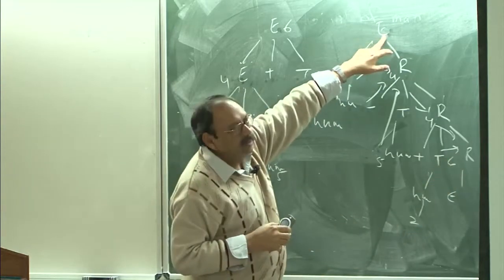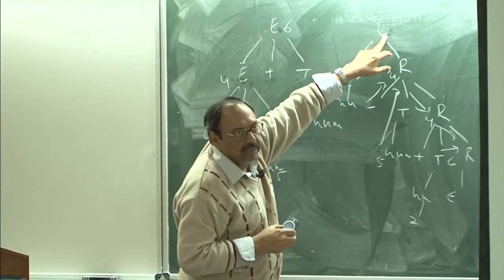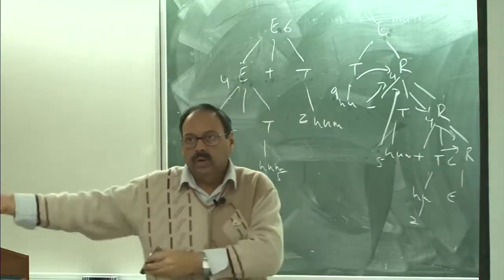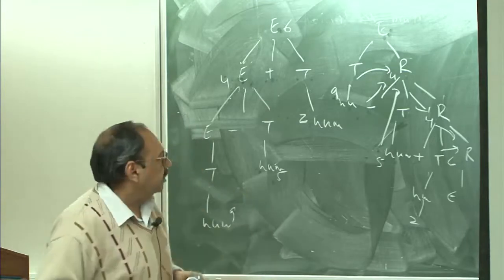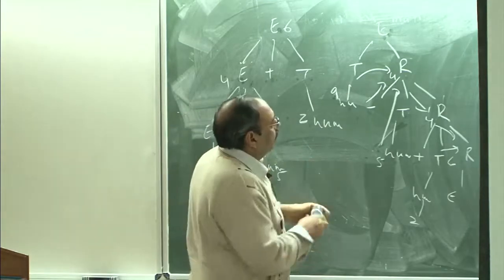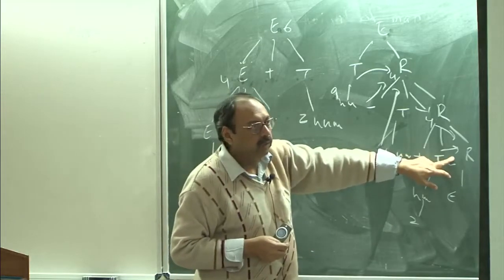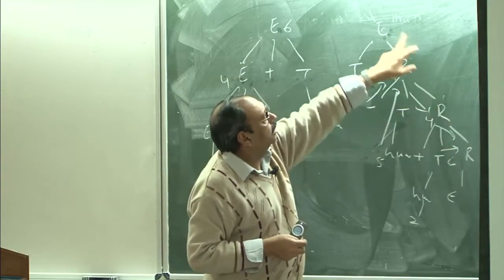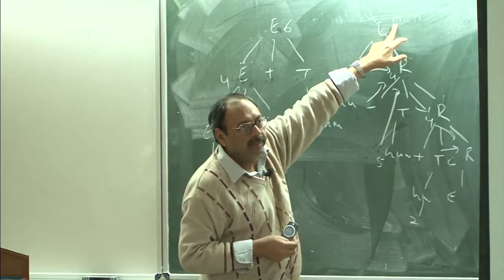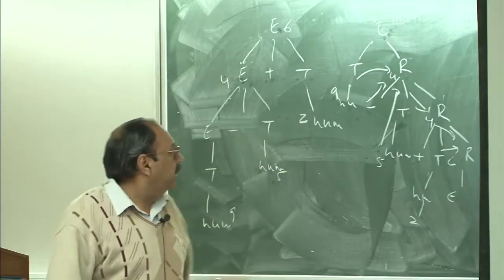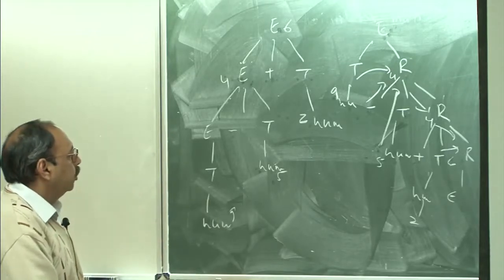Only problem is the value is not available to me still at this point. The value becomes available at the rightmost bottom node, right. Now, somehow I need to carry it back. Okay. So, now if I say that I have both synthesized and inherited attribute, if I can just make a copy here, okay, then I can take this value back, and this is precisely what I want to do. Okay. So, let me first take an example and then see what I am doing here.